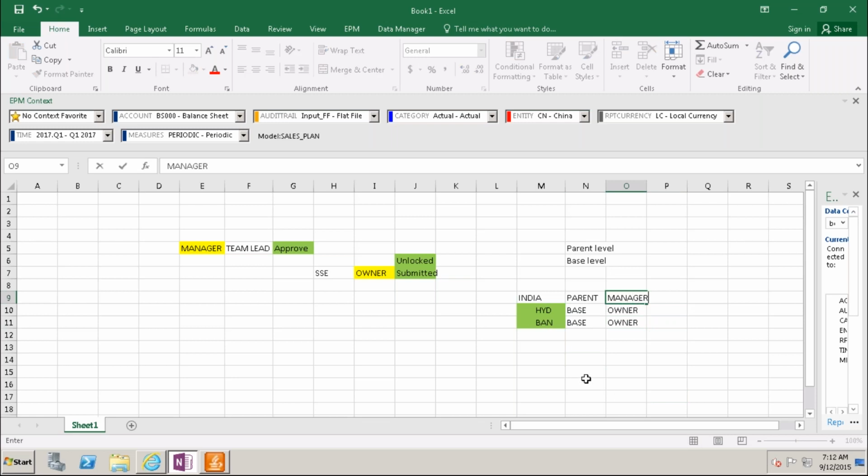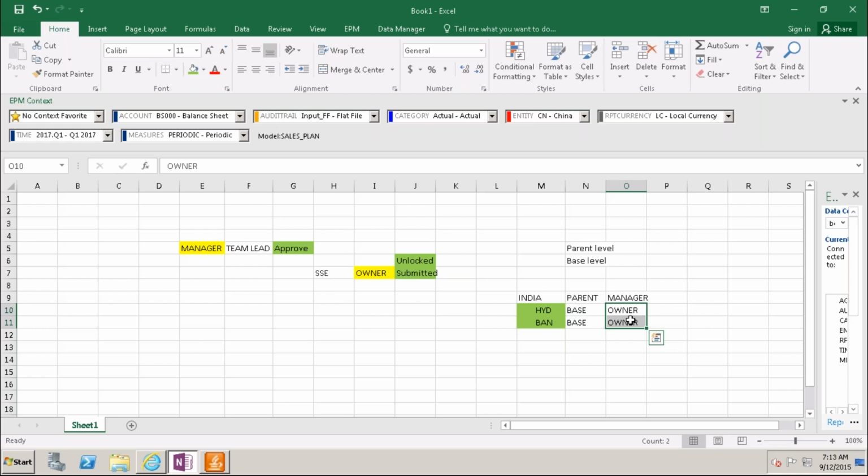why? Because in the real-time scenario, planning data is always submitted at the base levels, the plant levels, lower levels. At the plant level the employees are there, and those employees are the owners.